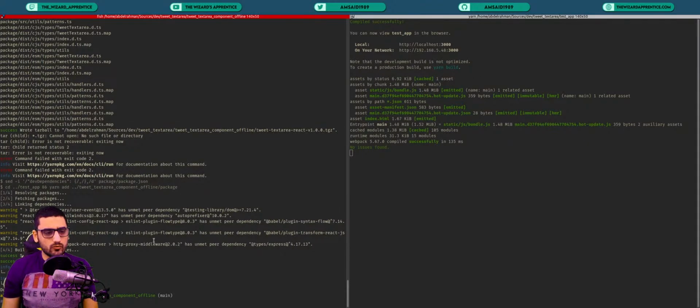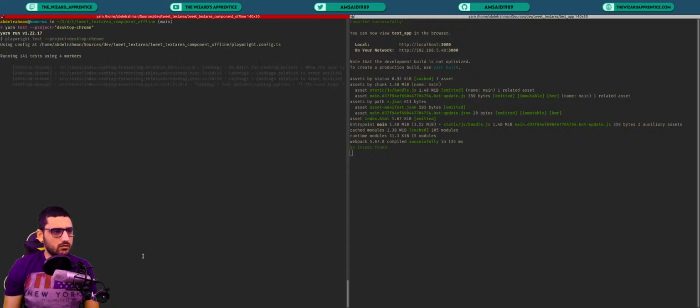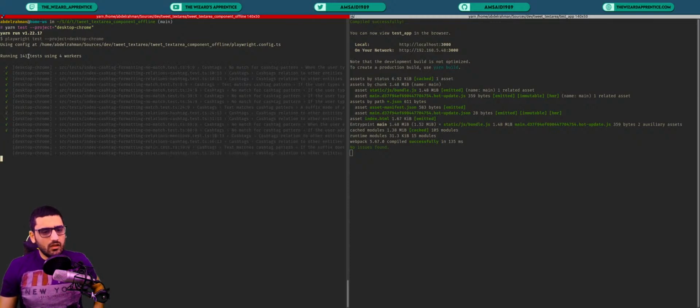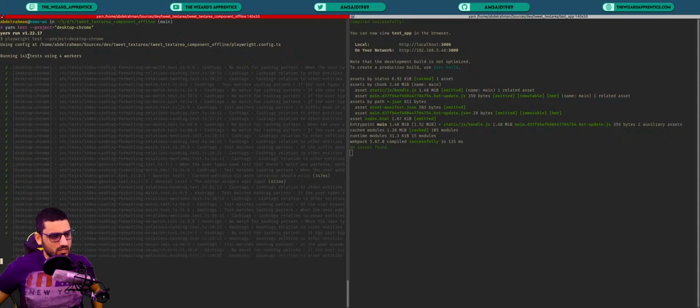If we also run the tests, and these probably will take a little bit of time, we'll run them just for Chrome browsers. There are 141 tests. So yeah, we'll keep them running, and you'll see that basically all the scenarios that we've created